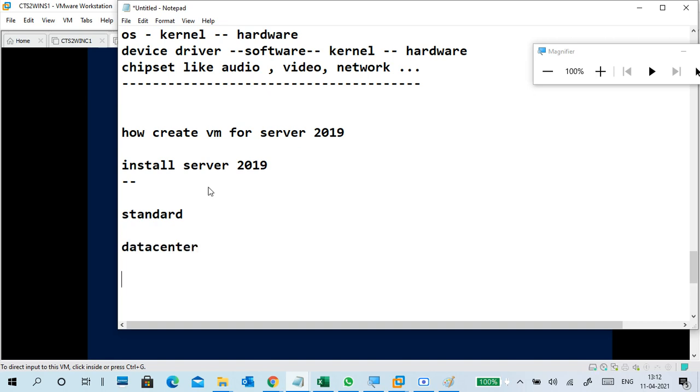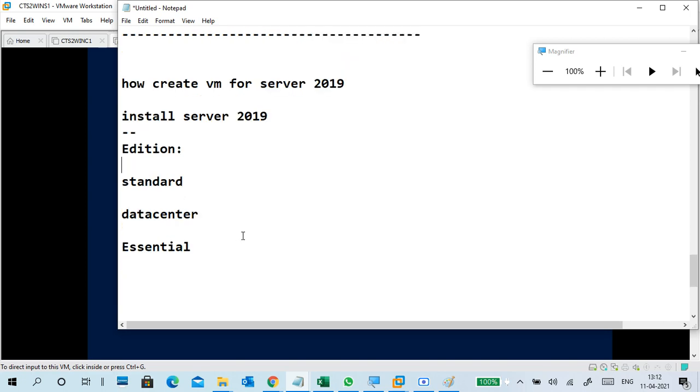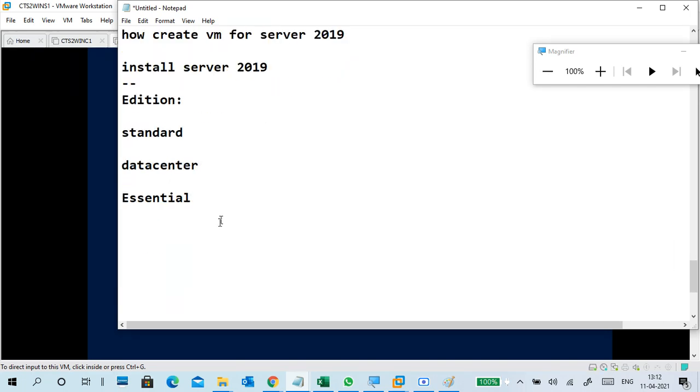Of course, one more is there, that is called Essentials. In a server, you have different editions: standard edition, data center edition, Essentials, Hyper-V editions, and storage related editions. So these are the main operating systems.